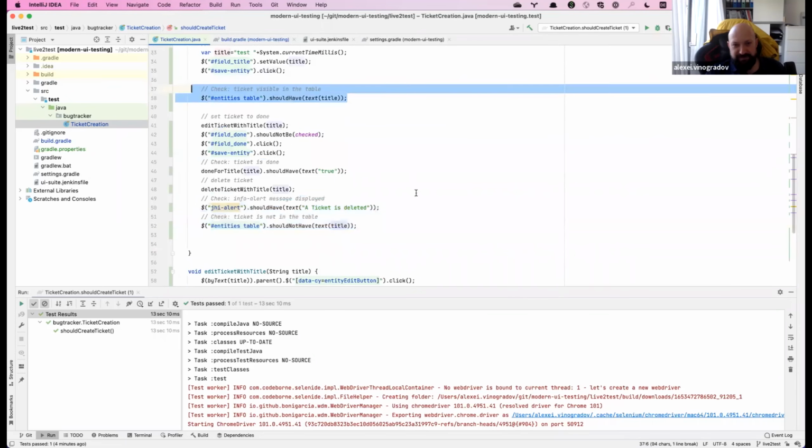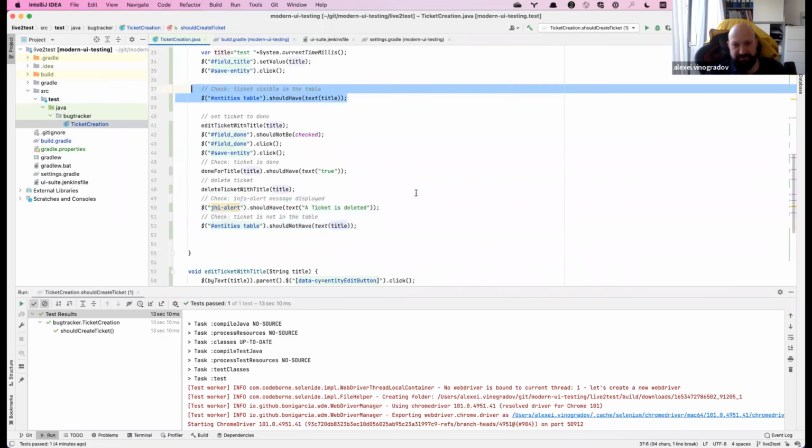So at the moment, if we are deleting this item, just watch carefully. There is a pop-up message, a small alert message, and then it disappears. So I will start it. And here's the check for this. I see that this alert message has the text ticket is deleted.